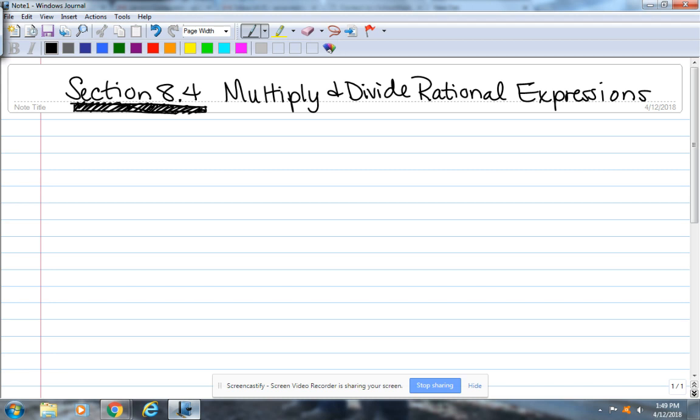Multiplying and dividing them. So, y'all, a rational expression is just a fraction with variables in it. That's all a rational expression is, a fraction. Sometimes they're just variables with numbers, and sometimes they're actual polynomials. So, let's see some examples. At first, we're just simplifying them. Let's start with something super easy, like